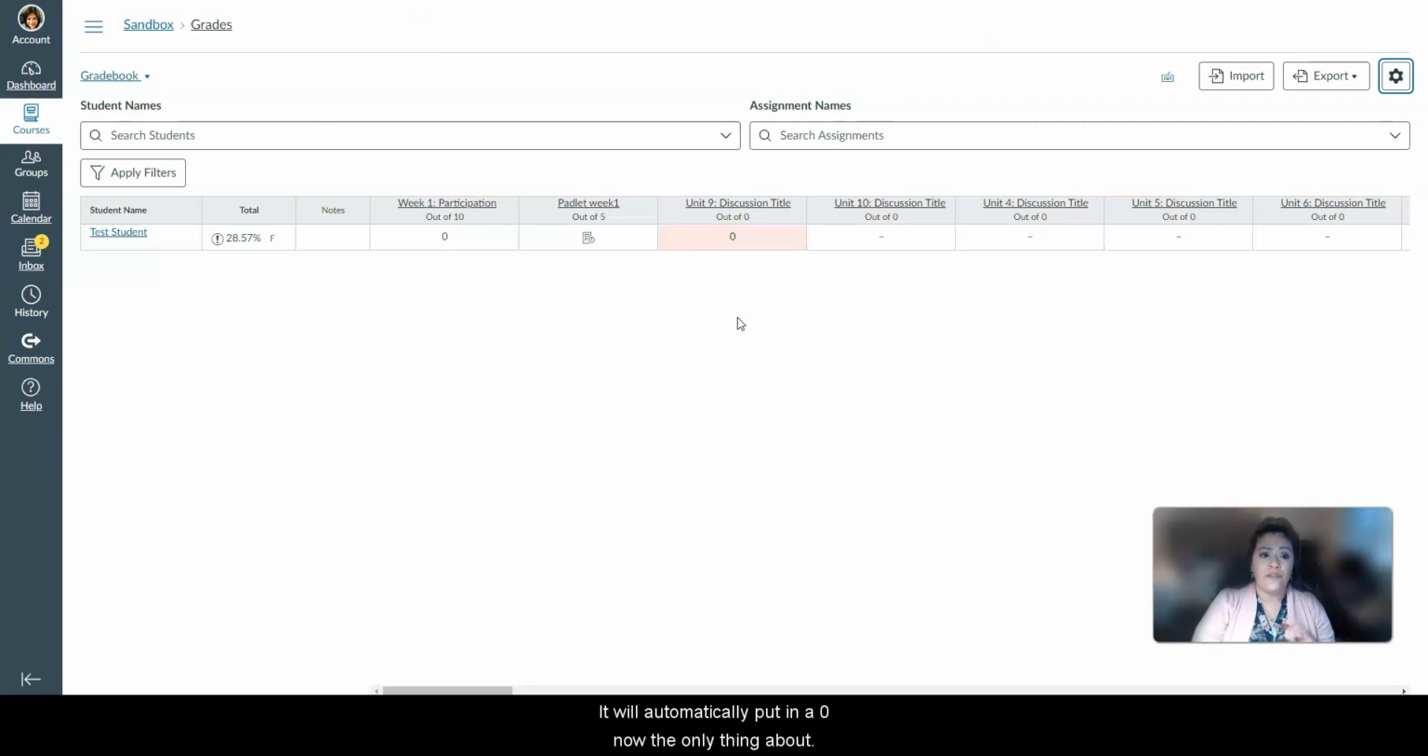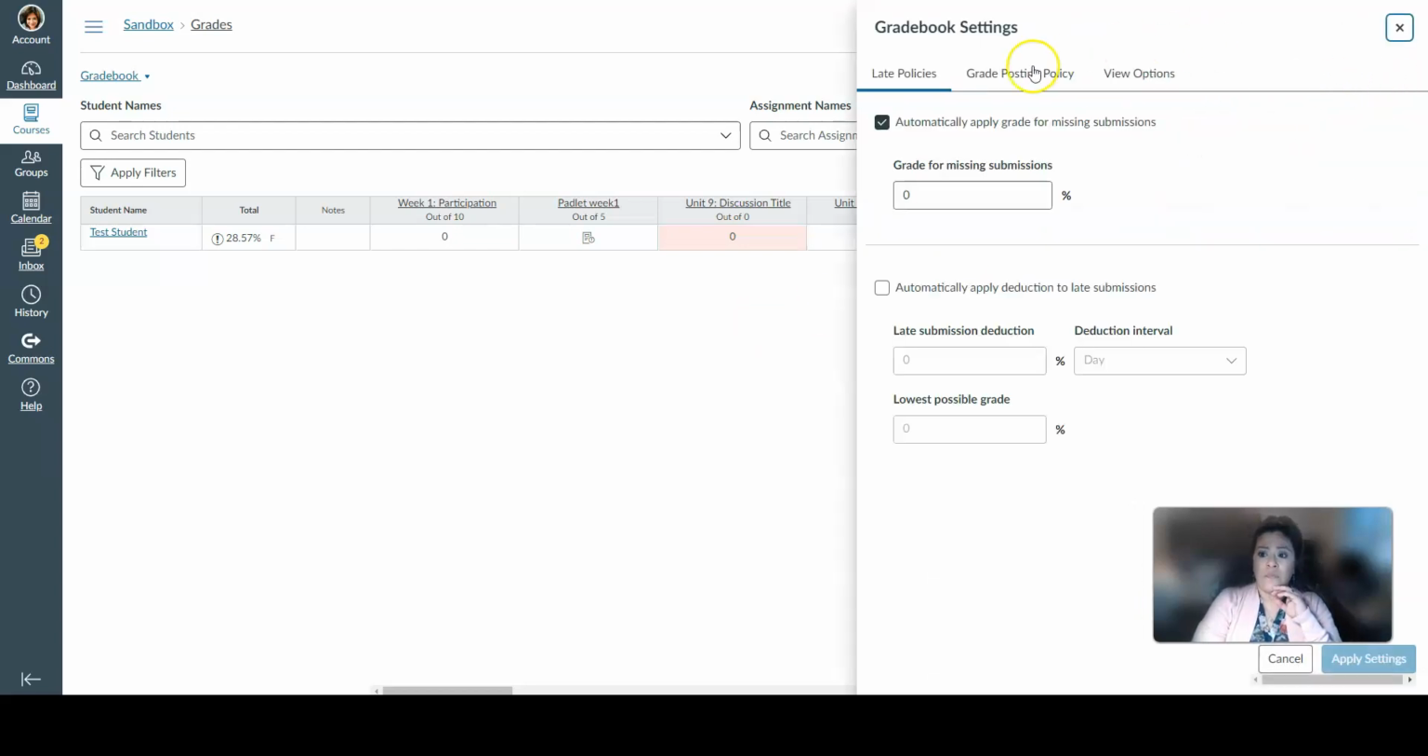Now, the only thing about setting the settings for the gradebook to do that is it will not do it for a third-party integration. For a third-party integration, you will have to manually go in there and put the zeros in the gradebook. And I think that's one thing a lot of instructors forget to do, because they have a third-party integration, the grades are automatically synced. So it's easier to forget,